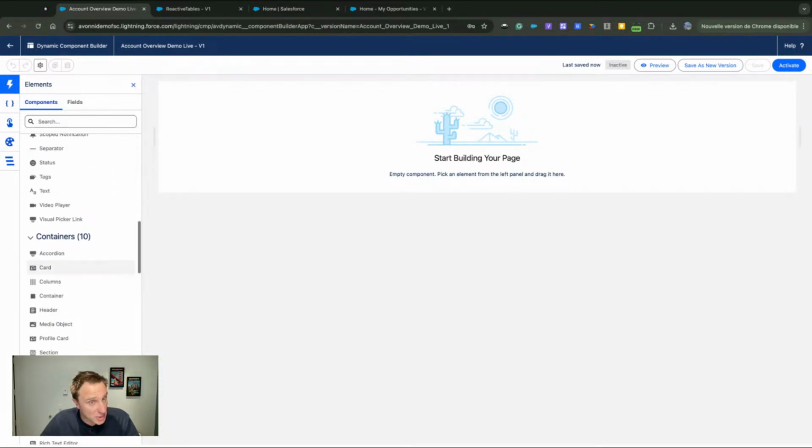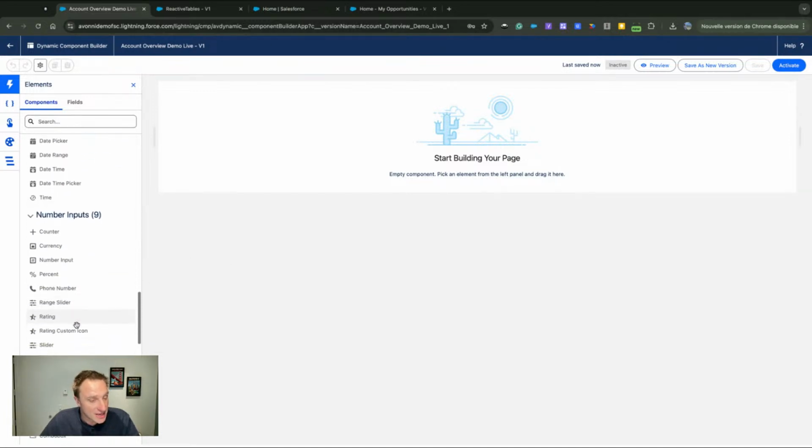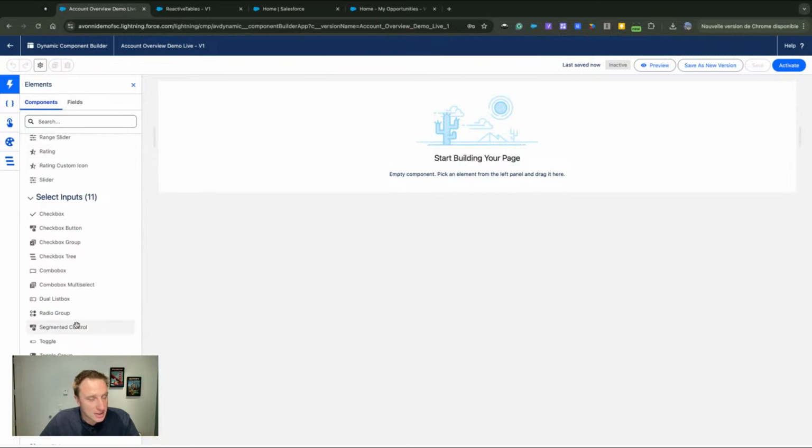We have new components as well, exclusively created for dynamic components. I'm thinking about the column component, the accordion, we have the profile card, we also have the tab container. So there are a lot of things you can use. And you also have all the input fields available if you'd like to fine-tune the main user interface of your